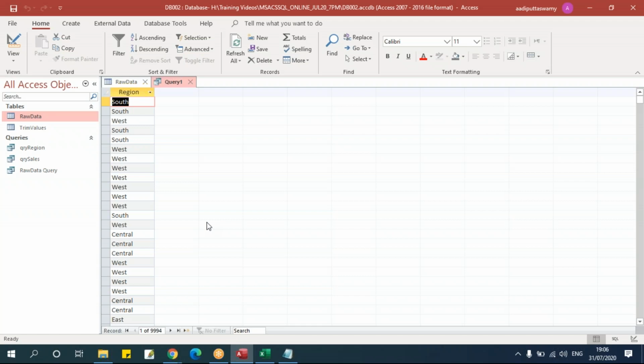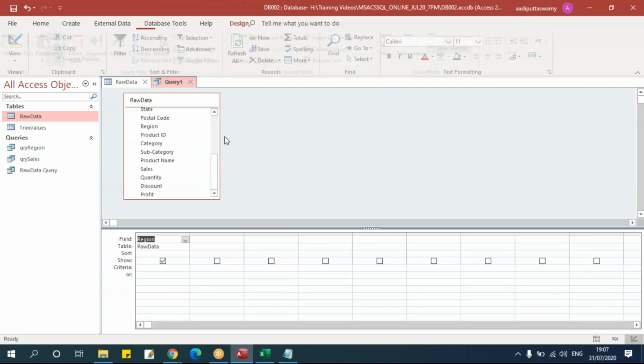In the previous session, we saw an option that is distinct. So what it was doing, it was giving me unique values. Similarly, in this grouping, if I group, what will happen is all the common values, whatever is there, they'll be grouped. It is something like in a pivot table, when we drag and drop a column, it will get grouped.